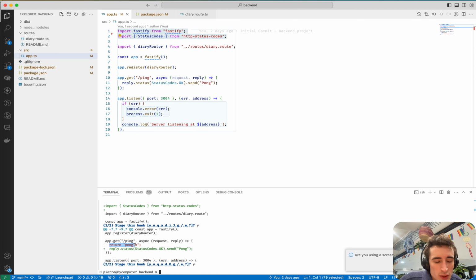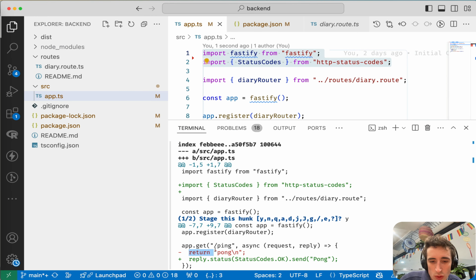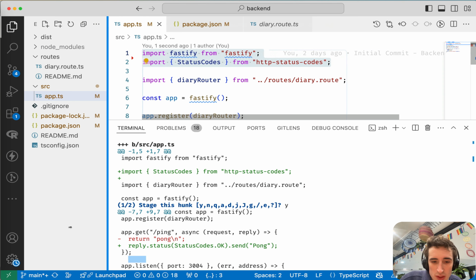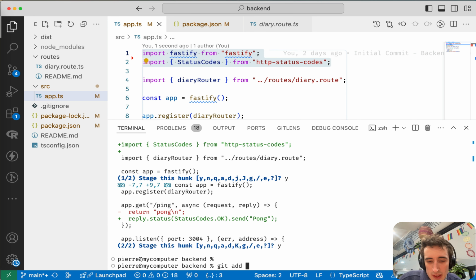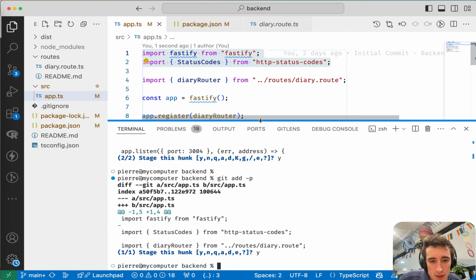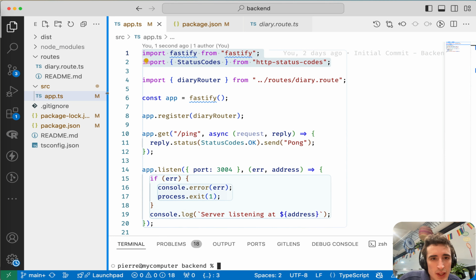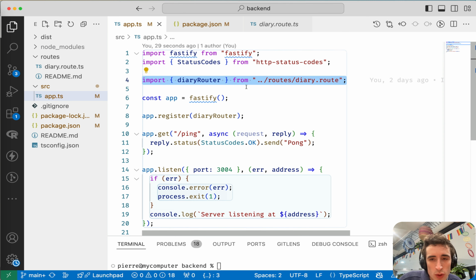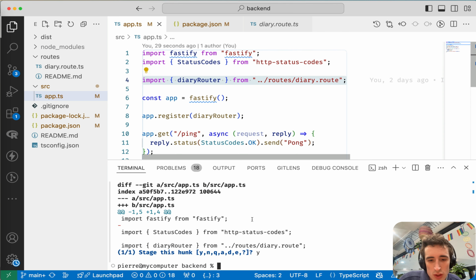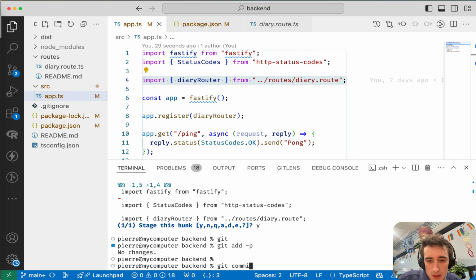Perfect. Oh yeah, there I also did some changes. If you can see, I have done a few changes. It was just returned with a string, and I have used the reply from Fastify status and status code OK to send the pong. Perfect. And I will commit the last commit where I removed the new line, because usually just to keep it clean, we group the third-party imports and then we group the local files. Awesome. So now I have this done and I can commit that,